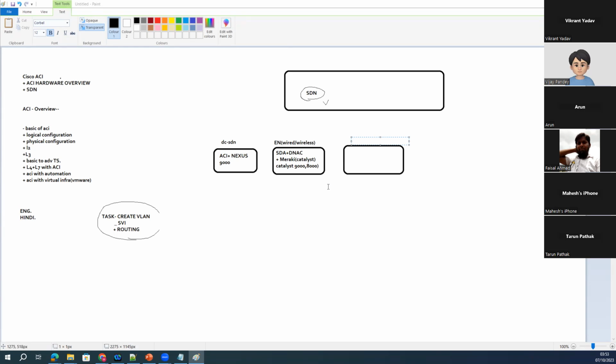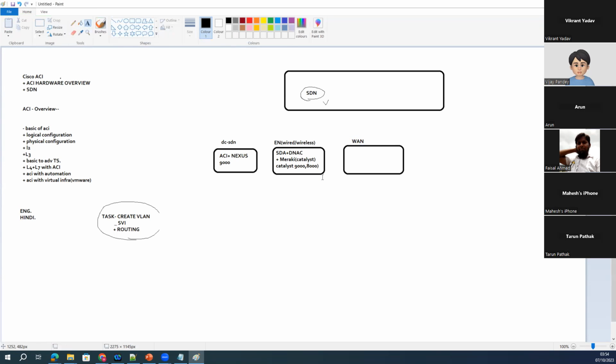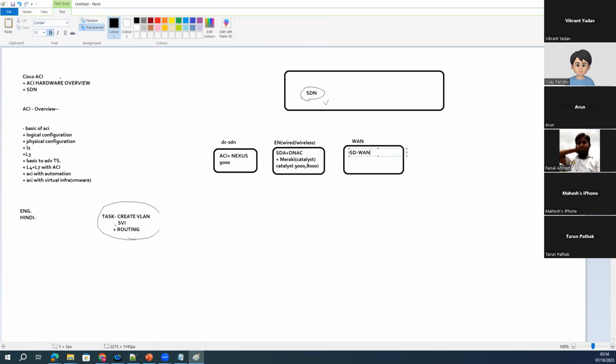Then we come to the WAN solution. Suppose you have an ISP, okay, and you have 5 to 10 locations, and you want to control those CE routers, customer edge routers, or provider edge routers for the entire 10 branches or 20 branches, whatever you have. Because I work with some customers who have more than 300 branches, right? And managing those 300 branches' ISP routers or CE routers is the most difficult job we have, right? Then we call that the WAN solution, SD-WAN, software defined WAN, where we have the Cisco solution, Viptela, and there are various